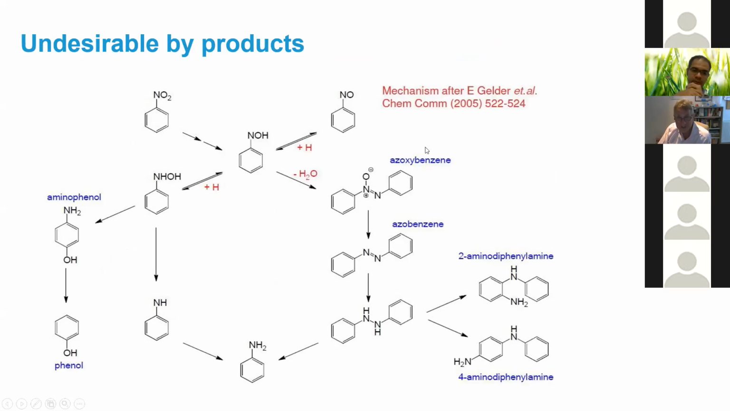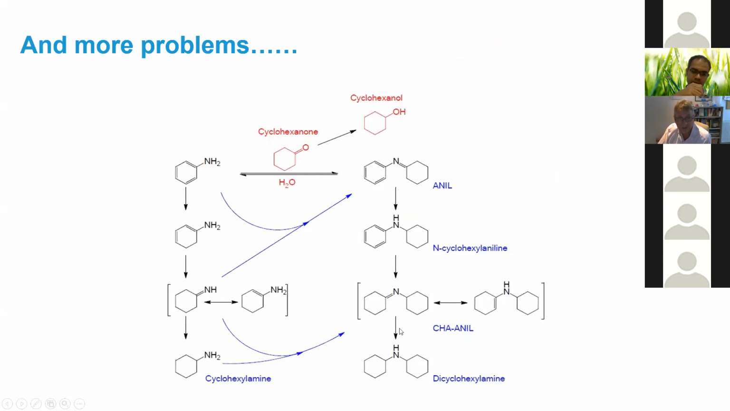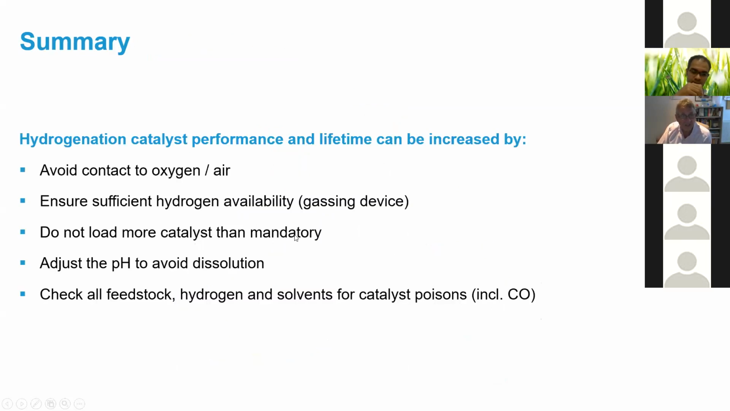Some of these things are explosive. If they get out of control, you can get runaway reactions, and there are cases where this has happened on an industrial scale. And that's not the only way that you can get byproducts formed in this reaction either. So in summary,